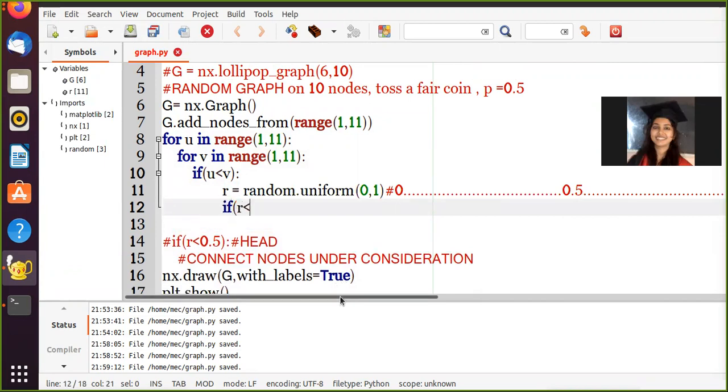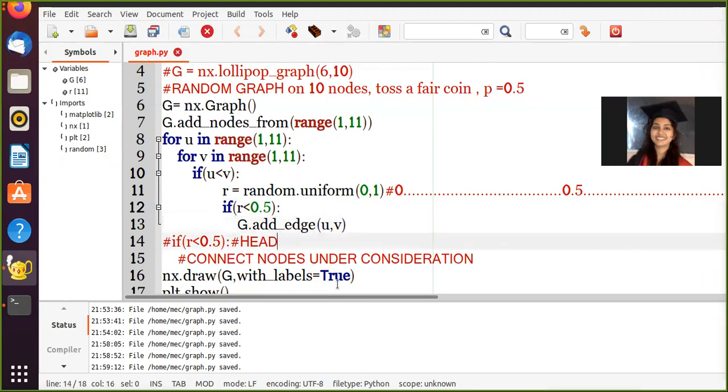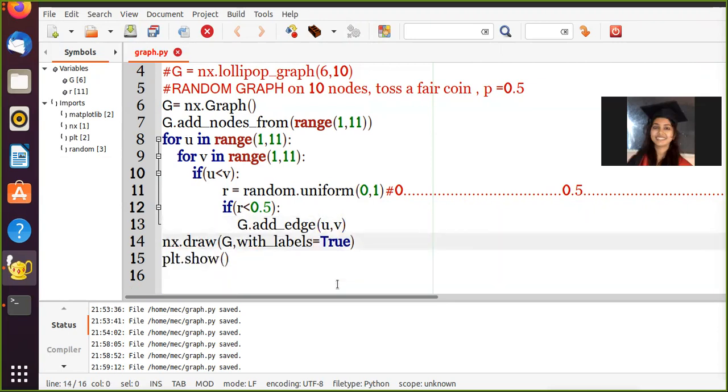If the random number generated is less than 0.5, the probability of which is half, which is the probability of a head, then I'm going to add an edge from u to v. That's it. I'm done. For every edge, if it's tail, I need not do anything, so we don't need an else here.